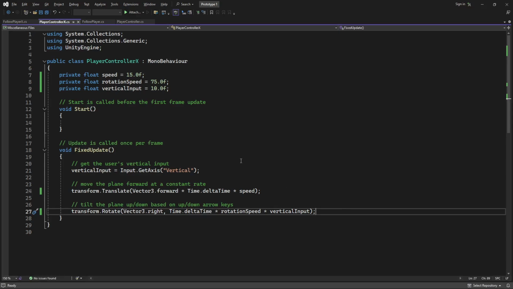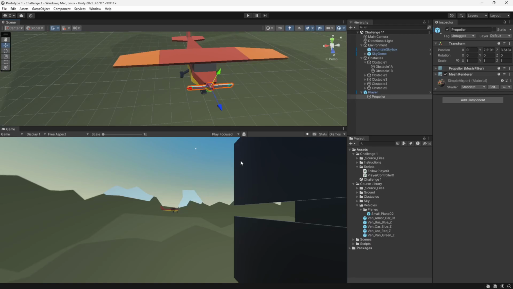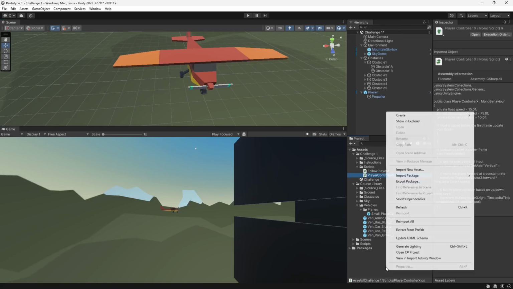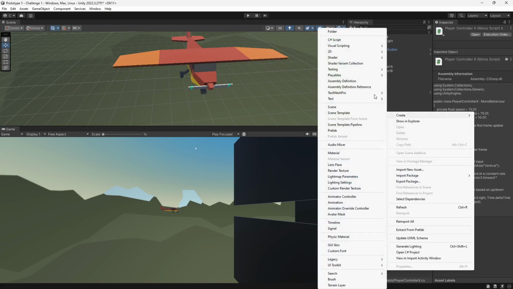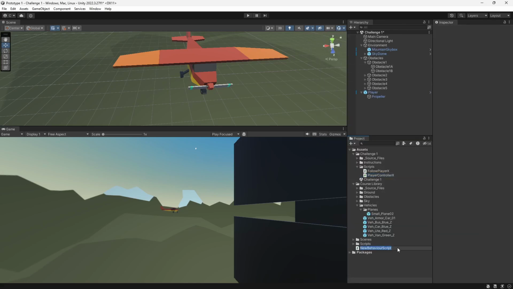But I'm pretty sure they want you to make a different script because it's different. I think they want me to make a different script, so I'm just gonna go ahead and do that. I'm gonna name it